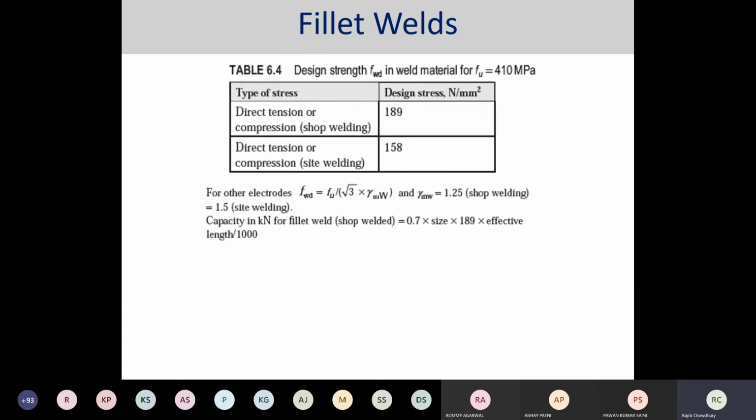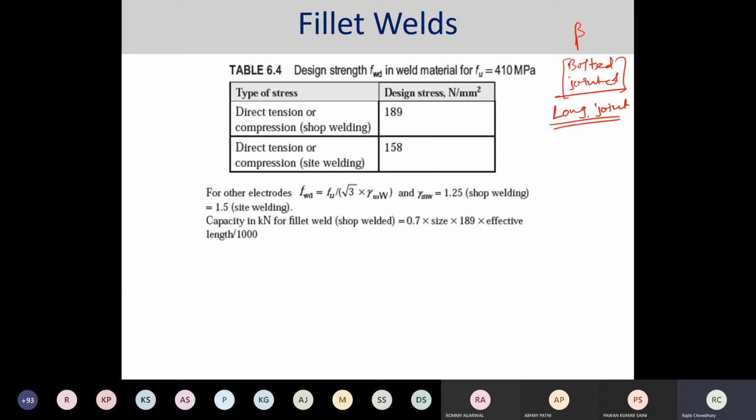The next is coming in the bolted joint. We have encountered one thing that is called the long joint. In the welded joint, how do we define this long joint? In the bolted connection, there were certain factors to give the reduction factor for making the design capacity or design strength of the bolt. Here also, how do we specify the long joint?